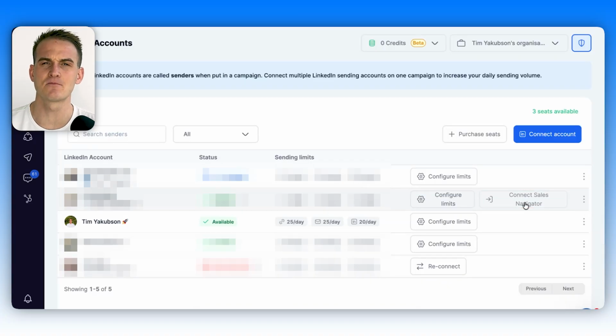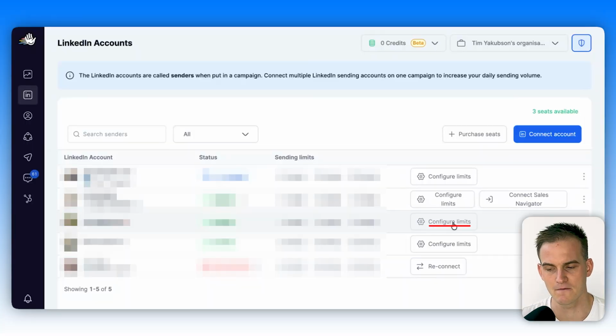Now, if your LinkedIn profile has a paid LinkedIn Sales Navigator or a LinkedIn Premium account, it should pop up on the right hand side over here, enabling you to click the button to connect Sales Navigator separately as well. That's super intuitive, just click on that button in case, but if not, don't worry about it because we've already connected our account. The first thing we need to worry about over here is to click on Configure Limits, and